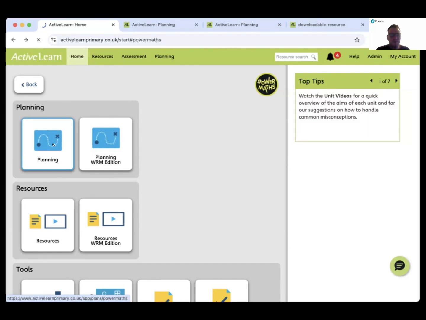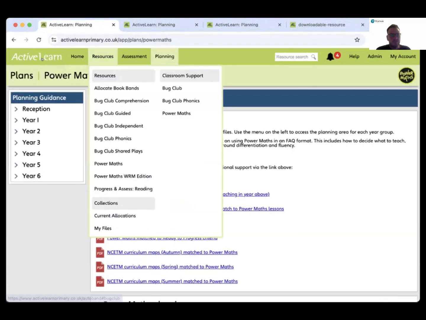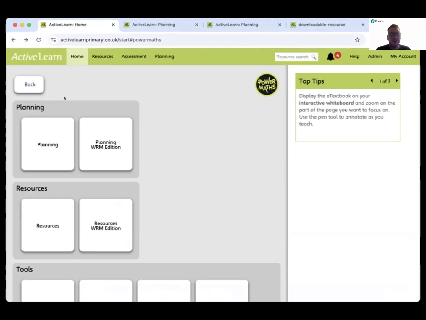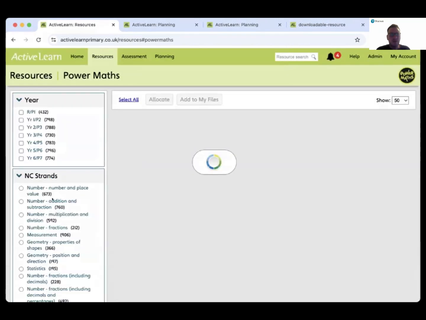If you click on that planning box there, that will take me through to, sorry, I clicked on the wrong bit there. If I click on the resources, sorry, below the planning there, this first resources icon there,